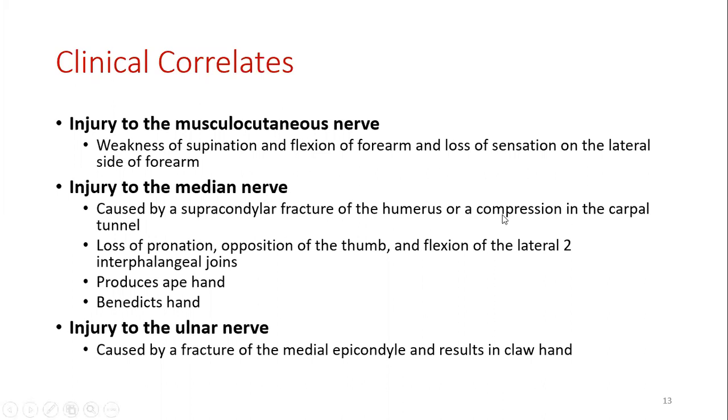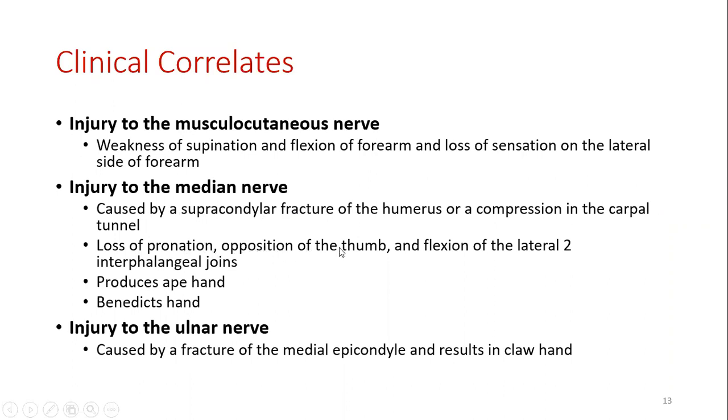So more proximally is a supracondylar fracture. Distally, compression of the median nerve in the carpal tunnel can cause injury. That's how you end up with carpal tunnel syndrome. So you'll have loss of pronation if the injury is more proximal,